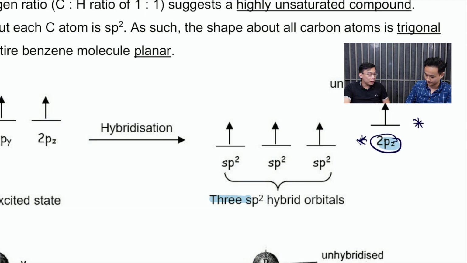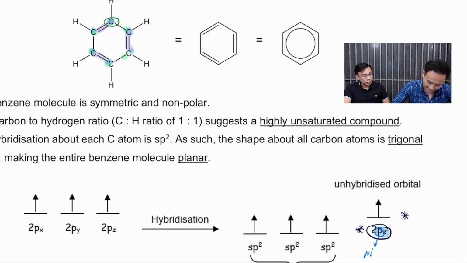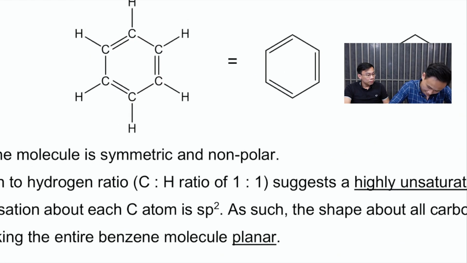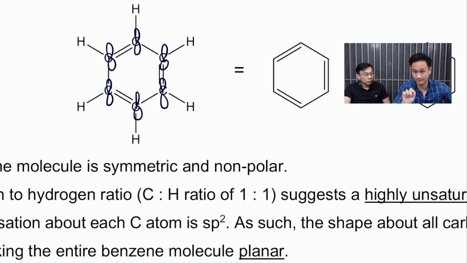Well, this 2p orbital is going to be used to form the pi bond. Exactly, right? P stands for pi, okay? That P here literally stands for pi. So you can tell yourself, each carbon here has an empty 2p, each carbon here has a 2p orbital, and I'm going to draw this with you guys. Go to the carbon atoms, each of them has this 2p orbital, like that, and it forms that double bond that you see there.